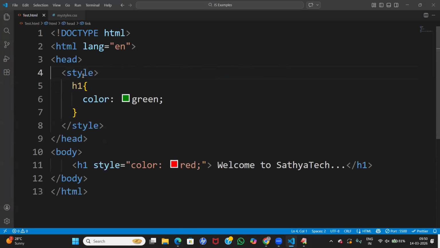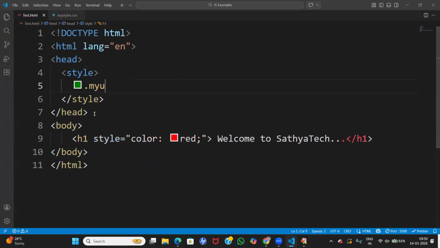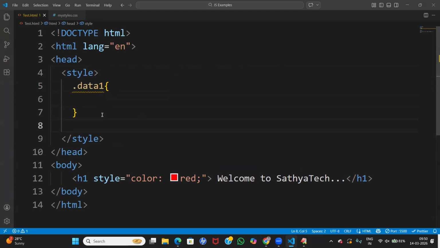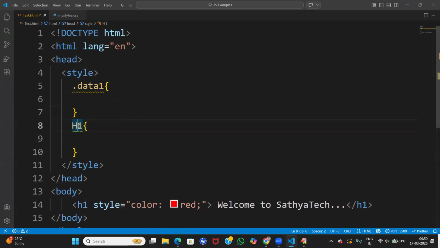Okay, that is one thing, guys. Good. Guys, next one you can see. This is what selector? Green selector, element selector. Dot, this is what selector? Dot, data one something. What selector? Class selector. Dot class one is there. And H1 is what selector? This is element selector. And hash,